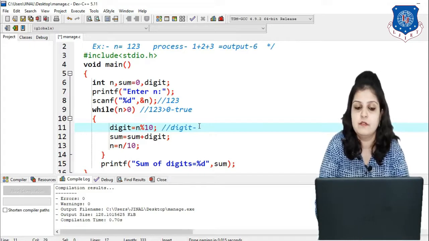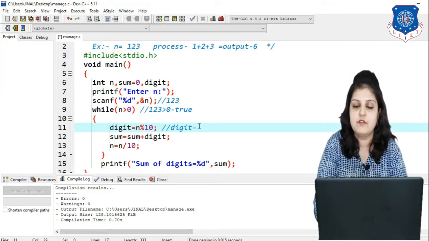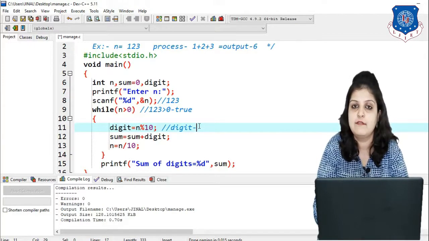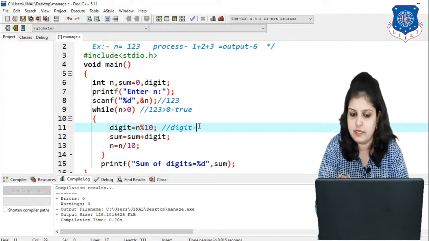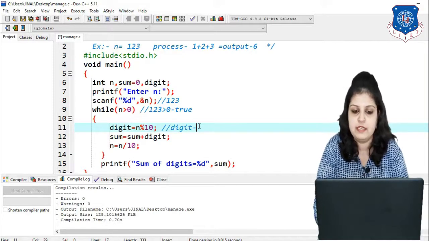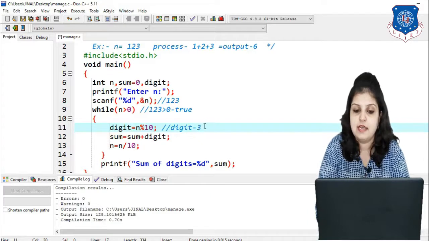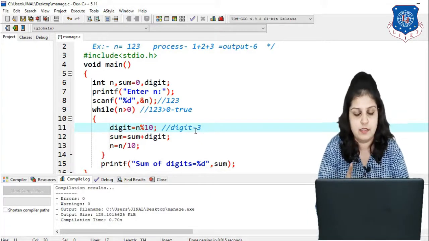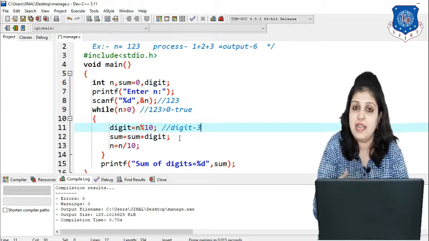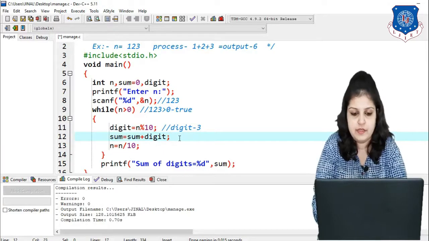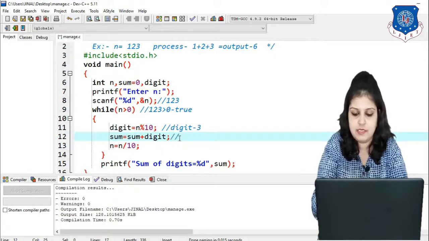So find the modulo operation: 123 modulo 10 is equal to 3. We will get the remainder 3. Now our digit value is 3. So we can say the last digit is stored first. Now just add it into the sum variable.